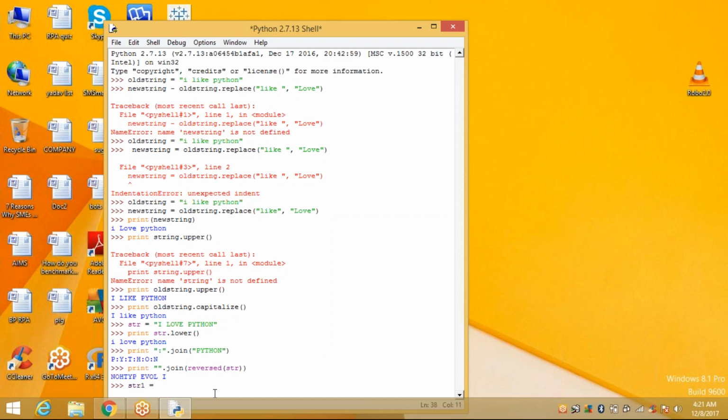Suppose I take str1 is equal to 1, 2, 3, 4, 5.